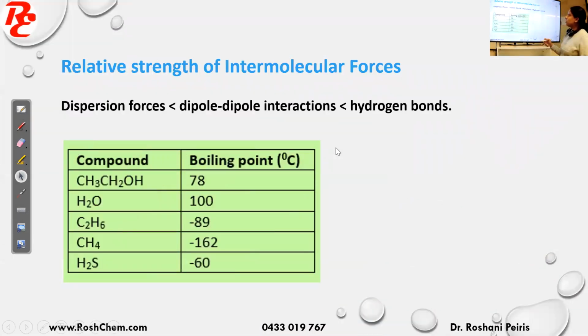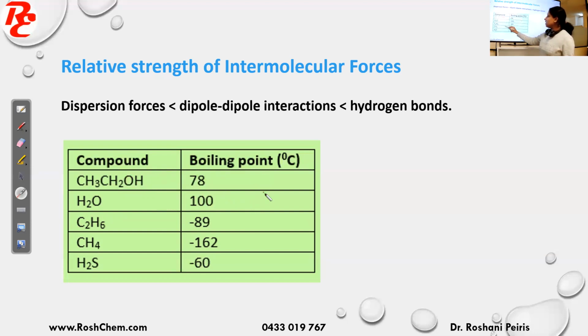Okay, here I have shown the strength of intermolecular forces. You have dispersion forces as the lowest, then dipole-dipole interaction, and the strongest is hydrogen bond. If you look at this table, I have listed the boiling points, right? We will see why the boiling points are different now. Water has the highest boiling point because it has hydrogen bonds. Not only water, ethanol also has hydrogen bonds, but we know that water can make more hydrogen bonds. That's why the boiling point of water is the highest, right? And then ethanol, which also has hydrogen bonds.